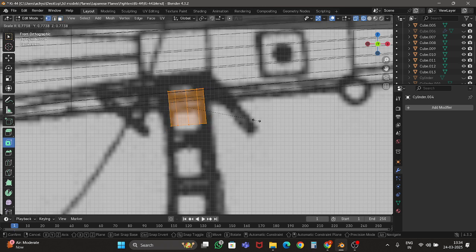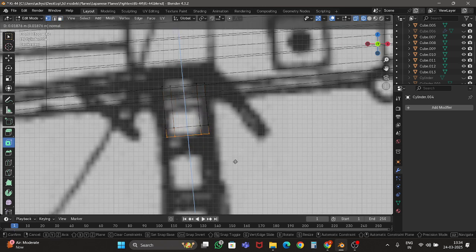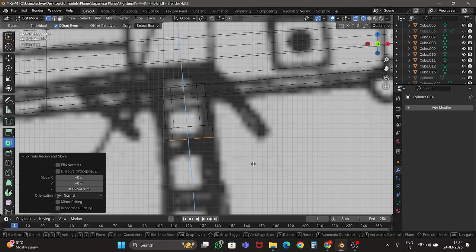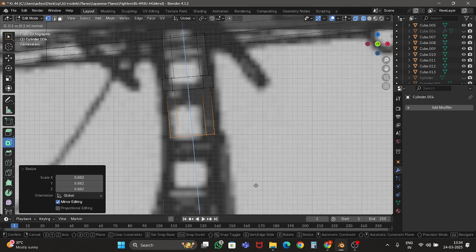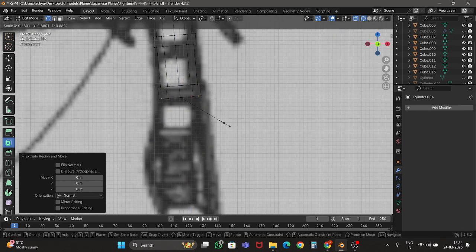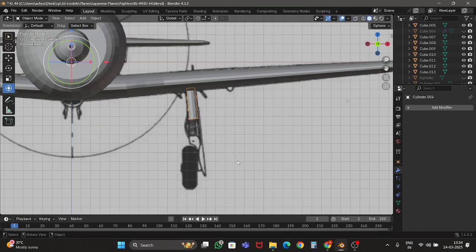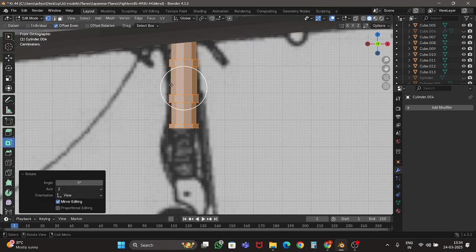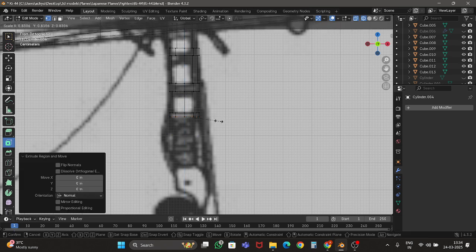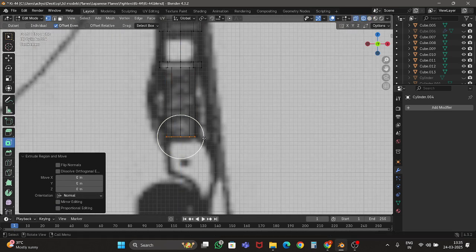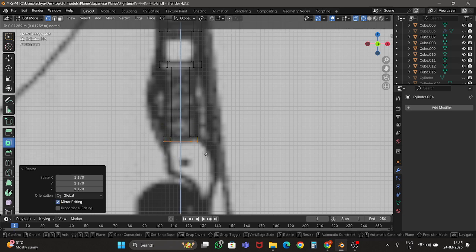Okay, we've selected. We're just going to extrude it, scale it down, extrude it, scale it down, and repeat it. Just going to repeat this. So yeah, that's how we're going to do it. We're going to scale this down, move it a bit down,